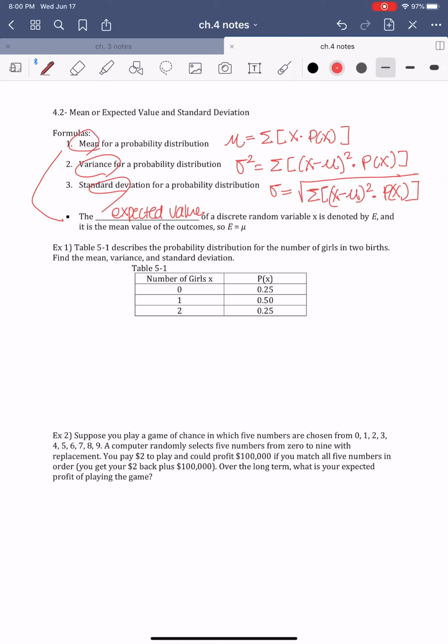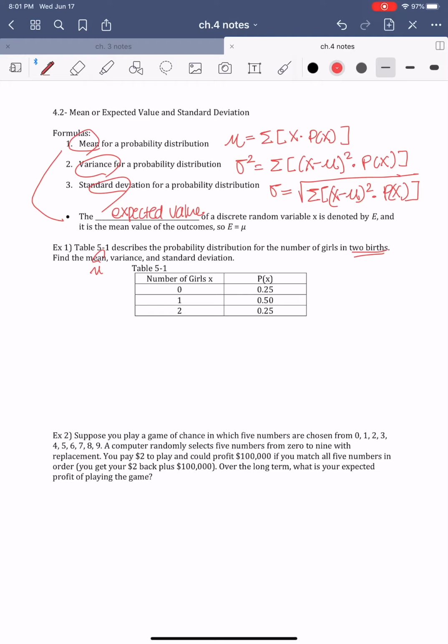If you're given 2 births, the possibility of the whole thing, again, we are talking about the population, is either 0 girls, 1 girl, or 2 girls. That's it. That's the whole set. Okay? So the probability of having 0 girls in the 2 births is 0.25 or 25%. 1 girl will be 50%, and then having 2 girls in 2 births, the probability for that is 0.25. So let's begin with the mean